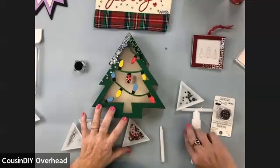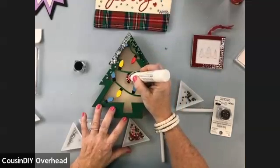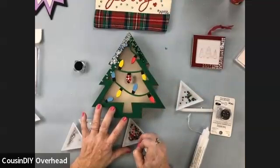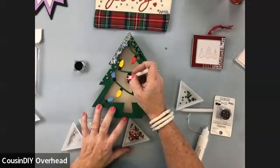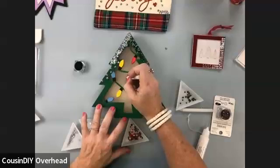All right. See, it doesn't really take that long once you get into it and you start placing them. And again, there's no rhyme or reason. Do it the way that you feel. At the beginning of starting to do this, I always just felt like I was doing something wrong. But then once it dries and you get it all done and you see your finished product,